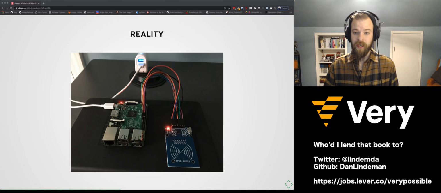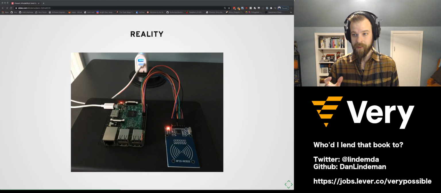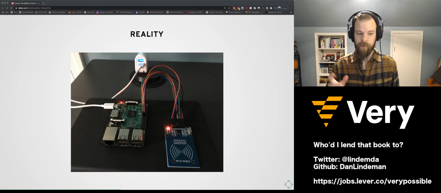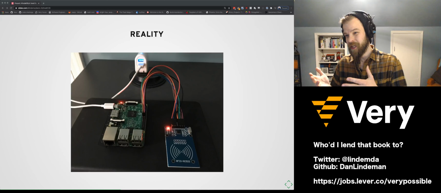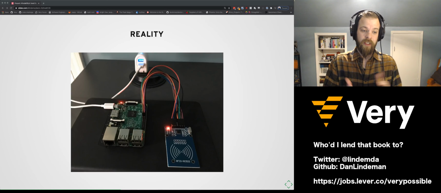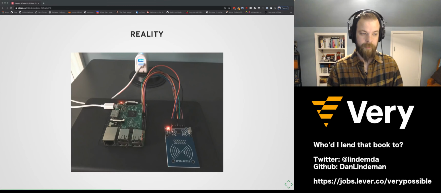At this point in time, you're probably like, okay, so I've done all the connections, we're ready to go, right? We're not. We have one more little step to tell the operating system to enable that SPI interface, because on Raspbian, it's not there by default. In a framework like Nerves, this is on by default, but we're using a full-fledged OS like Raspbian. It doesn't do that. So we have one more step of setup.